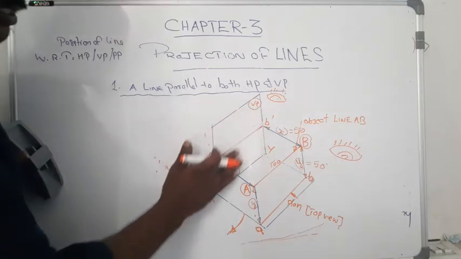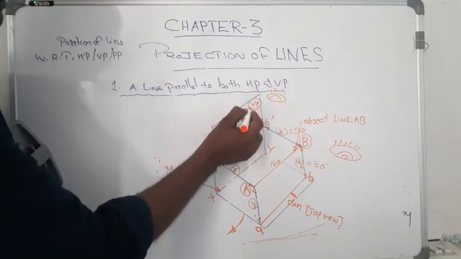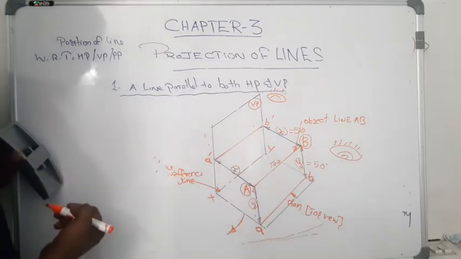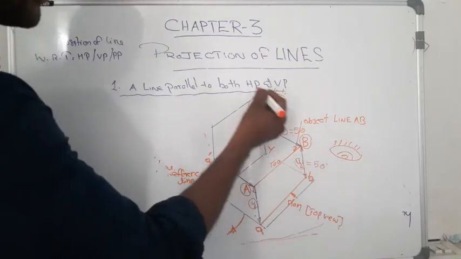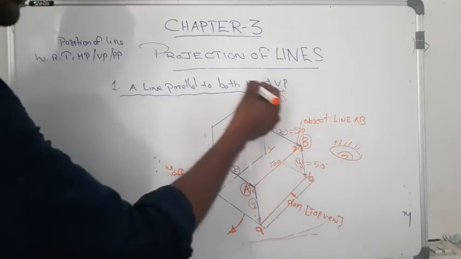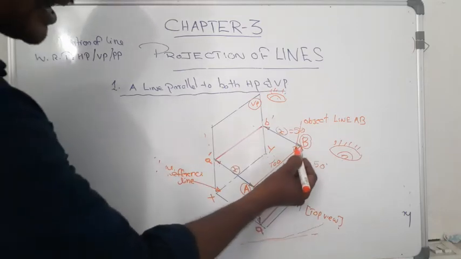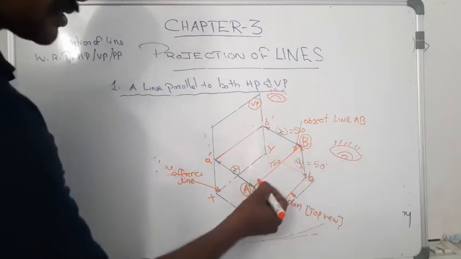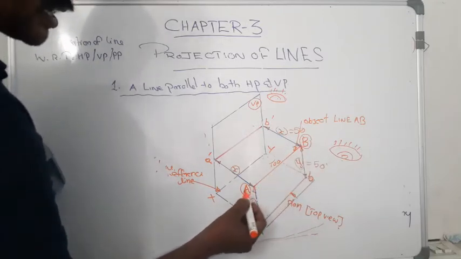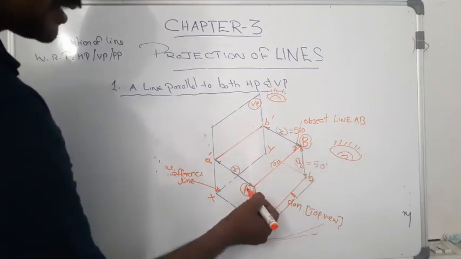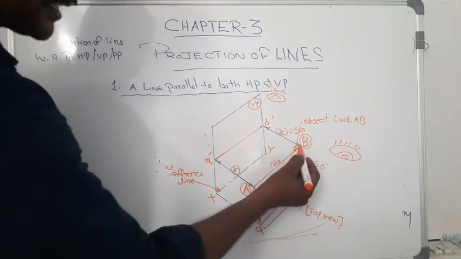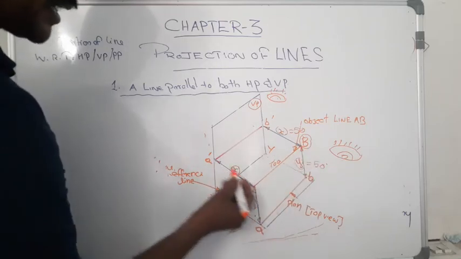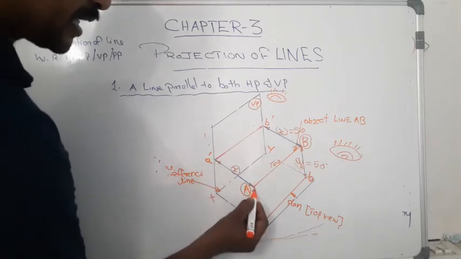Here, this surface shows the vertical plane and this surface shows the horizontal plane. This is the isometric figure of first quadrant. Here I am showing an object. That object is a line represented by the letters capital A and B. That object, line AB, is kept in first quadrant, that means in front of the vertical plane and above